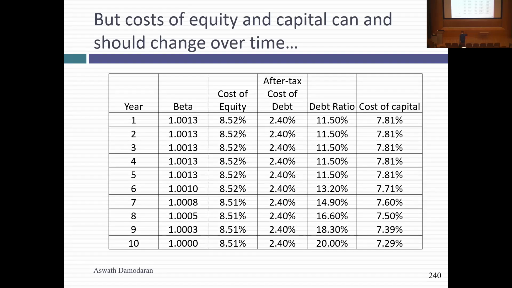So if you're valuing a company with a beta of 1.8 right now, and a zero debt ratio because it's a young, risky company, don't leave the beta at 1.8 for the rest of time and the debt ratio at 0% while you make your company bigger and safer and more profitable, because you're at war with yourself when you do that. You're disagreeing with yourself. And when you do that, valuation starts to break down.